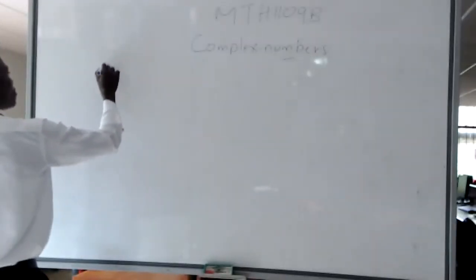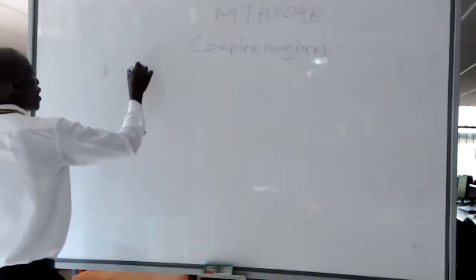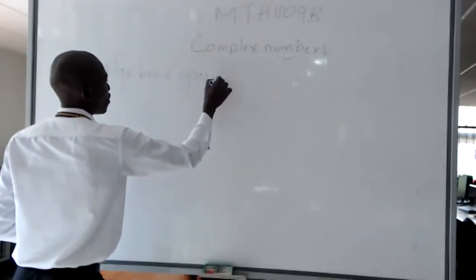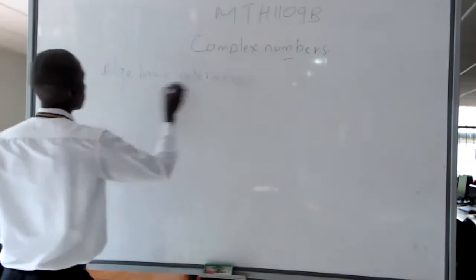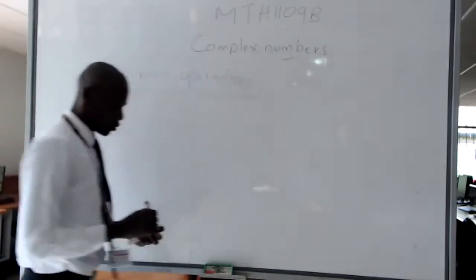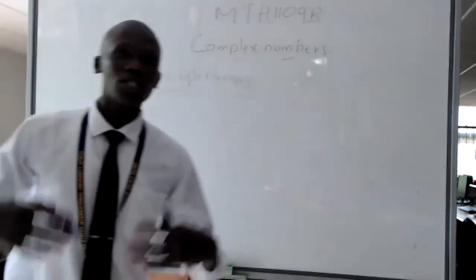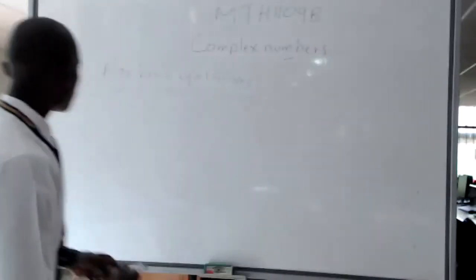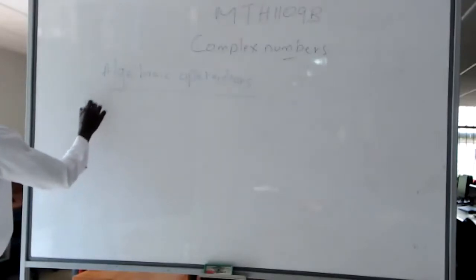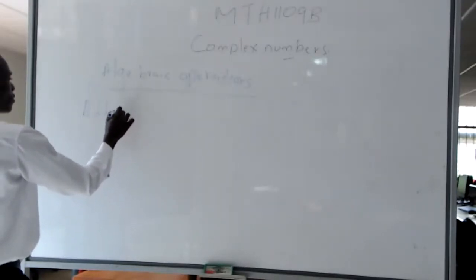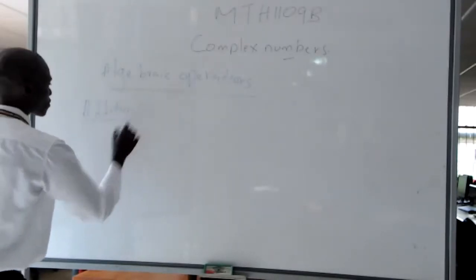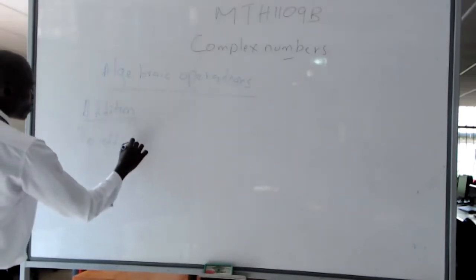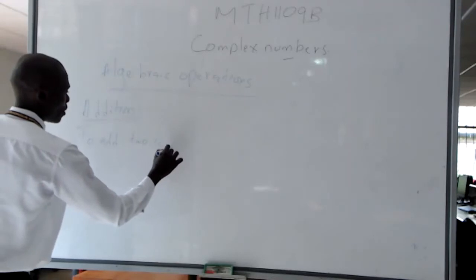Now let's do algebraic operations. So now that we have defined these objects called complex numbers, what do we do with them? Can we add them? Can we subtract them? Can we multiply them? Can we divide them? If so, how? First, addition. To add two complex numbers,